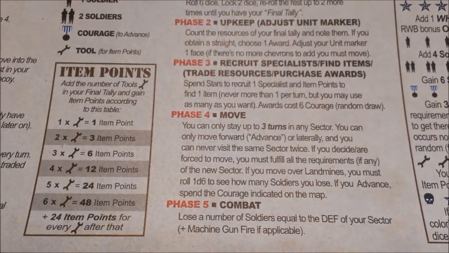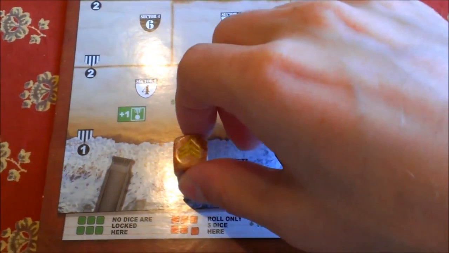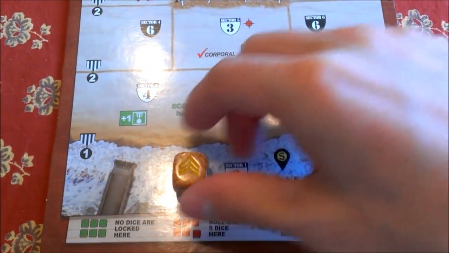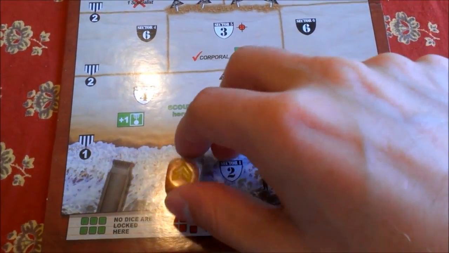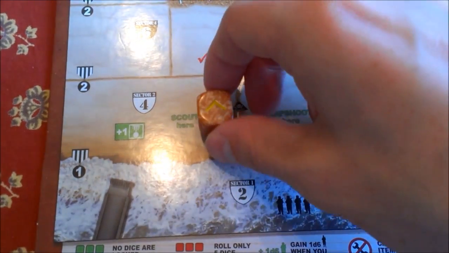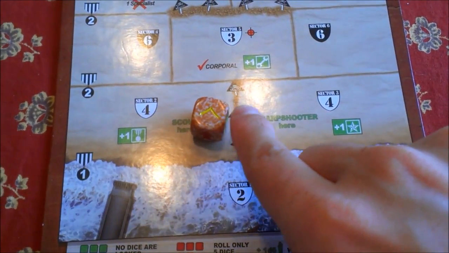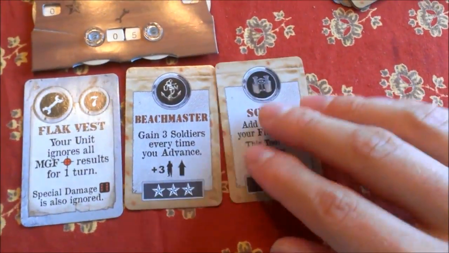Phase 4 is move. So I need to decide if I'm going to move or not. I think I'll go ahead and move. So what I do is I pick a sector, so either sector 3 or sector 2. Since I want the scout, I'm going to go to sector 2. Every time you move, you go back to your first chevron, because that's the first turn in there. I get to get the scout, add him to my